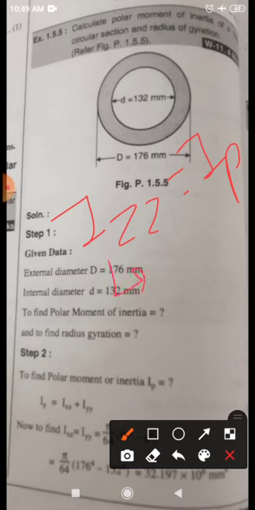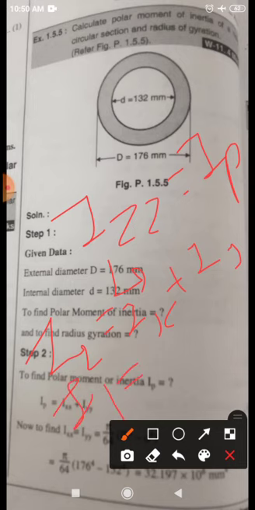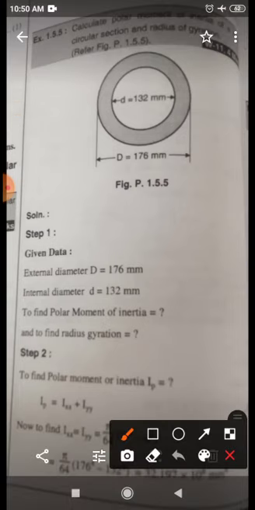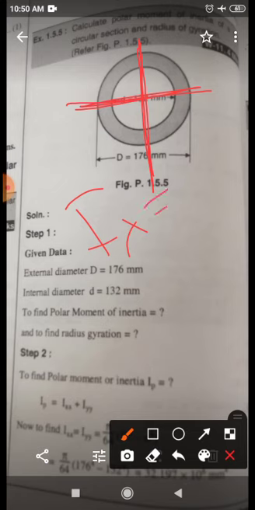And what is Iz? We have seen the theorem of perpendicular axis, that is Iz equals Ix plus Iy, and they have given this a name, that is polar moment of inertia. Let's see then. In the very first problem in this session, we calculated the moment of inertia of such rings. In the same way we have to calculate the moment of inertia of this ring. At that time I also told you that for such a figure the moment of inertia for both axes is the same, Ix equals Iy.